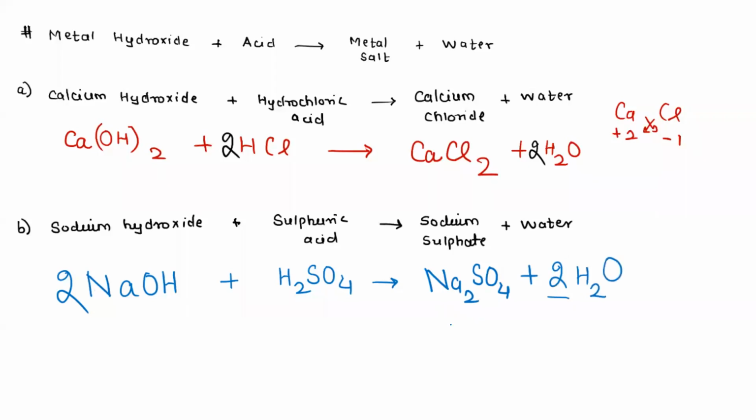Any doubts? See, balancing, I can understand balancing. Writing a chemical equation is not something where you practice one time and you will know. It is a process. Over the whole year, year 9, you have to keep on doing lots and lots of practice, so that it becomes very easy to solve questions when you come to year 10 and year 11, because